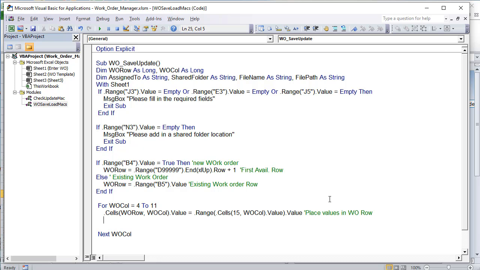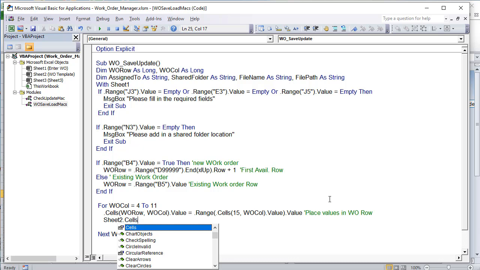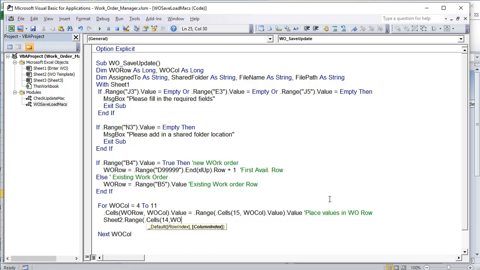Next up, I also want to add them to the template. That's of course on Sheet2, right? So this time we're going to do Sheet2.Cells, Sheet2. Then what is the range? In this range, the cell is going to be on row 14. Same thing, .Cells. What is going to be 14, row 14, the one above, and then WorkOrderColumn.Value